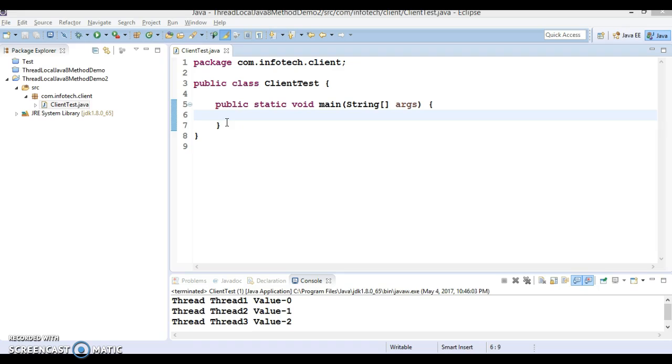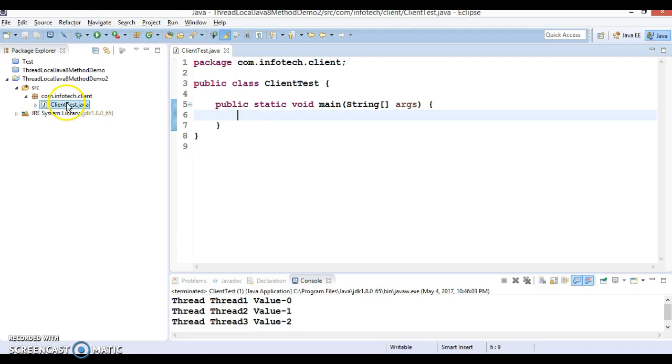Based on the use case we have discussed, I'm going to create a project. The project name we already created is called local thread java 8 method demo 2, and here I have created a class called client test.